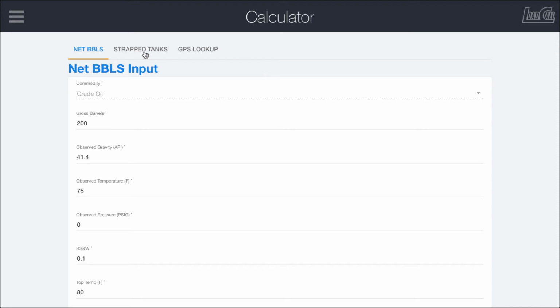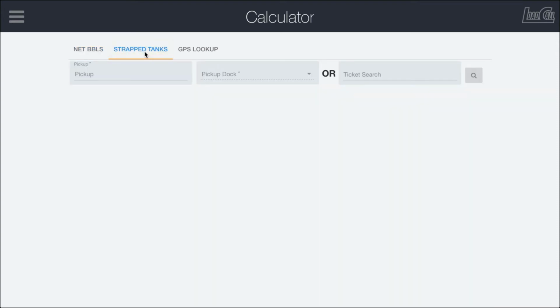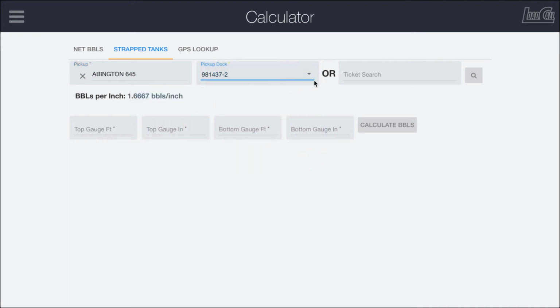The next calculation here, the strapped tanks, lets you pull information out of your directory and check the strapping on it, as well as calculate barrels based on the top and bottom load. If I put in a pickup location right here, you can see that it'll tell me how many barrels per inch there are. I pulled up the Abington 645, chose this pickup dock or tank on that site,